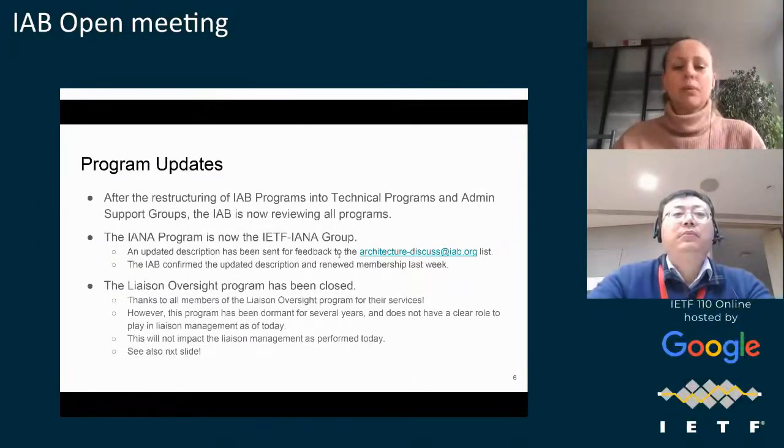The program was very active in defining how liaison management works, defining processes and providing advice. But the day-to-day oversight work was taken up by the IAB directly for a long time. And we are currently working on improving this liaison management, and that's what you will see on the next slide.